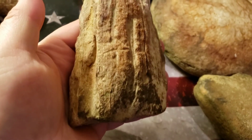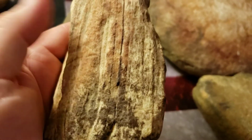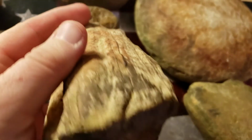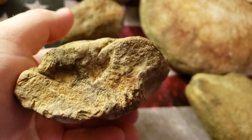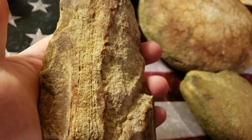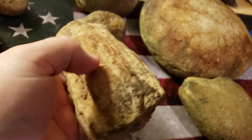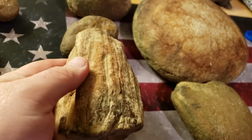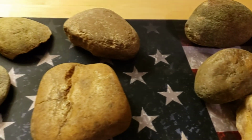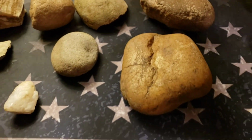This we think is petrified wood. Could be, I don't know. Looks like wood. Looks a lot like other pieces of petrified wood I found. So, I don't know. What do y'all think? That's what I'm going for. Let's see. Day 2, like I say, I didn't find anything. Day 3, again,